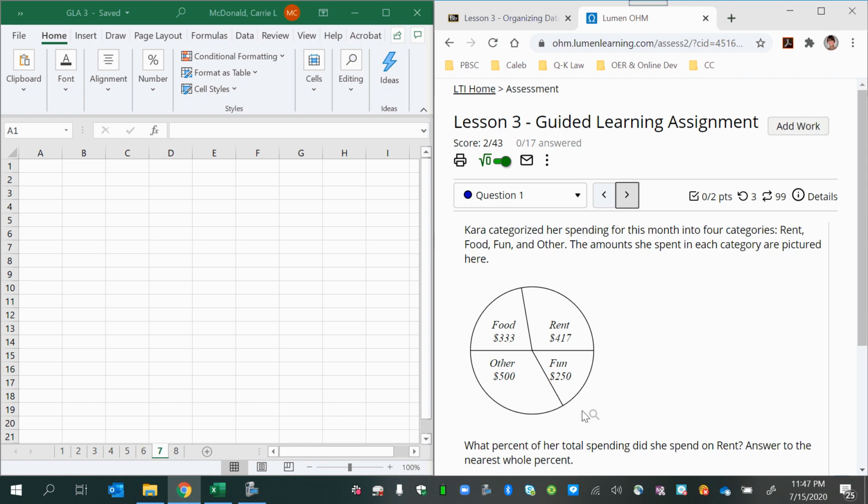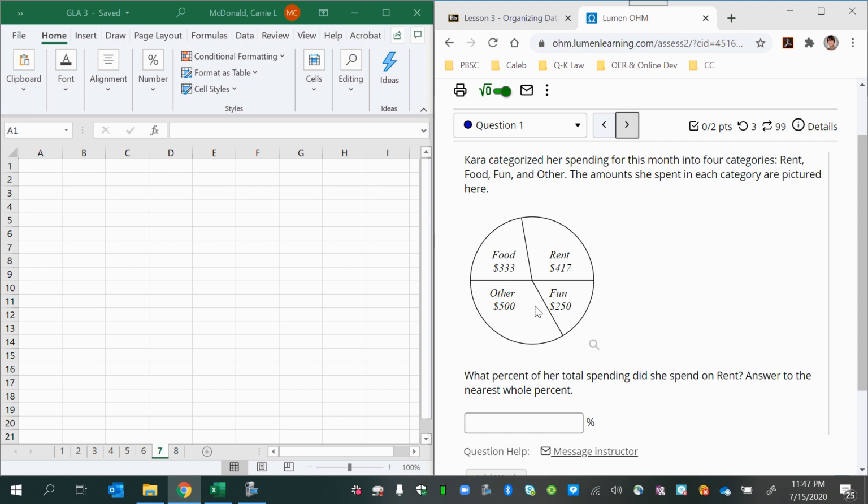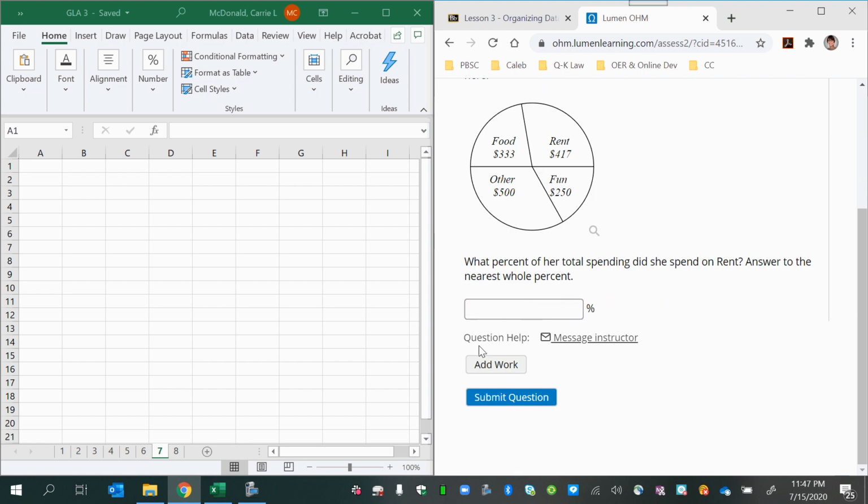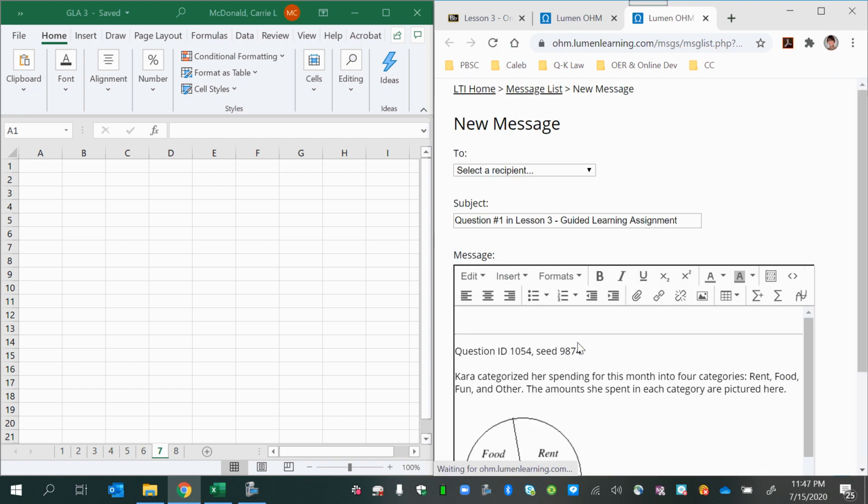Here's question 1, and the first thing I want to do when I get in here on a question is to come down and see what kind of question help features are available. For this one, only the message instructor option is there, and I want to show you how you can share questions with me. When you click on this, it'll set you up to send a message to me, but I